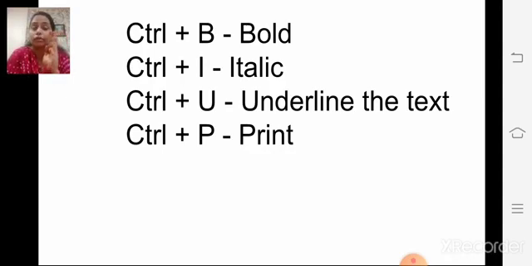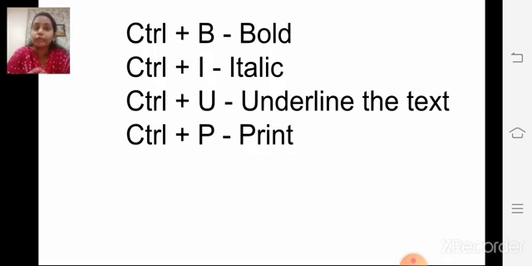Next, Ctrl plus U, this key combination is used to underline the text. Next is Ctrl plus P, we use to print the text, to take a printout.